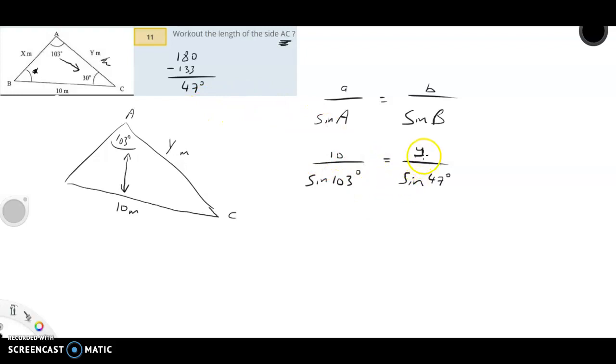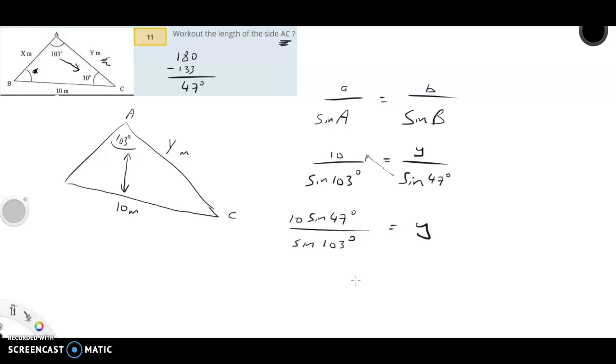So now we want Y on its own, so we're going to multiply both sides by what's under the line on the right, and that's sine 47. So we're multiplying both sides by sine 47, so that'll be in effect throwing it up there, and it'll get multiplied by the 10. So we have 10 times sine 47 degrees over sine 103 degrees equals the length of side Y. So get out the calculator, fraction key, 10 times sine 47, close your bracket, over sine 103, close the bracket,